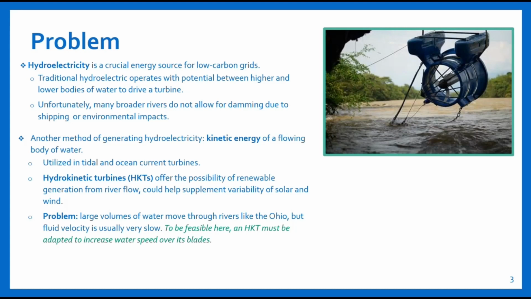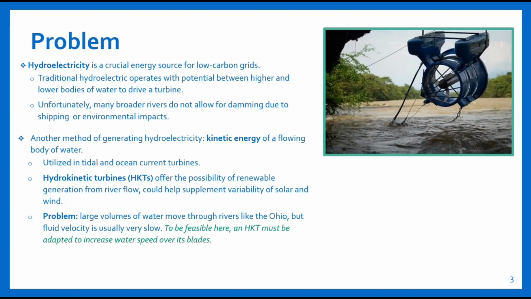Hydroelectricity is a crucial energy source for low carbon grids. Unfortunately, many broader rivers do not allow for damming due to shipping or environmental issues. Another method of generating hydroelectricity would be the kinetic energy of a flowing body of water. Here we're creating a hydrokinetic turbine, or an HKT, which offers the possibility of renewable generation from river flow and could help supplement